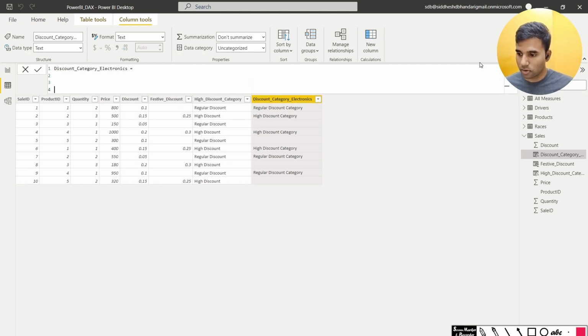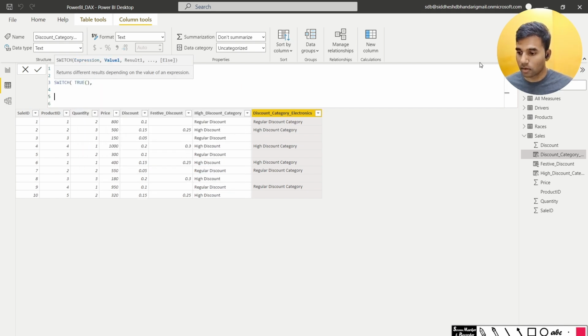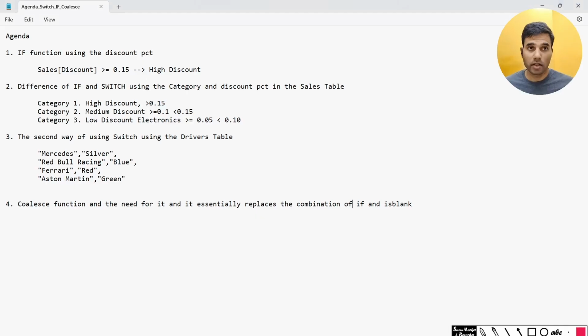I'm going to write switch. The first argument is going to be true, which is a constant. Now let's look at the agenda and understand what we are trying to achieve here. So if the product category is electronics and the discount is greater than 0.15, it has to fall under the